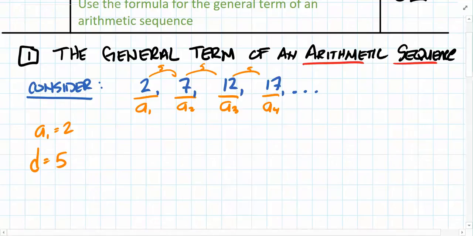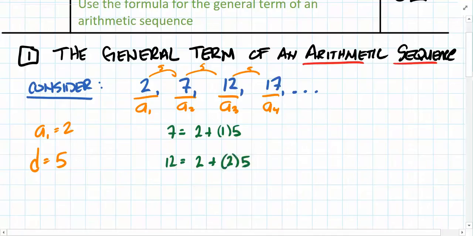Couldn't I rewrite this second term, the number 7? Isn't 7 the same thing as the very first term, which is 2, plus 1 difference? 7 is equal to 2 plus 1 difference. That's true because 5 times 1 is 5 plus 2 makes 7. Okay, look at the number 12. That's the same thing as the original term, 2, plus 2 differences. Do you see that? I have 2 differences because 2 times 5 is 10 plus the 2 gives me